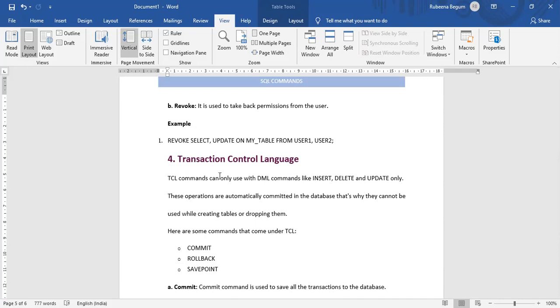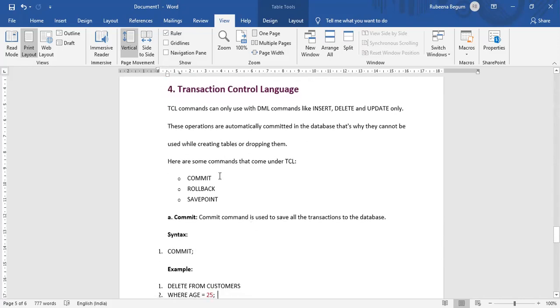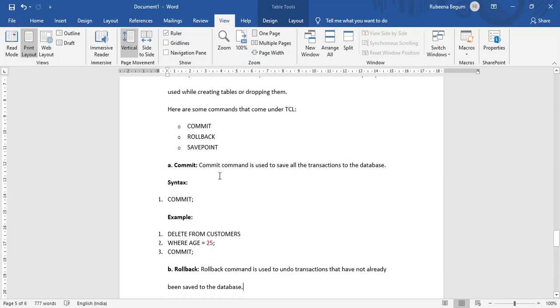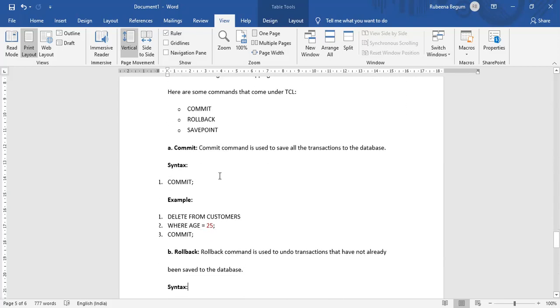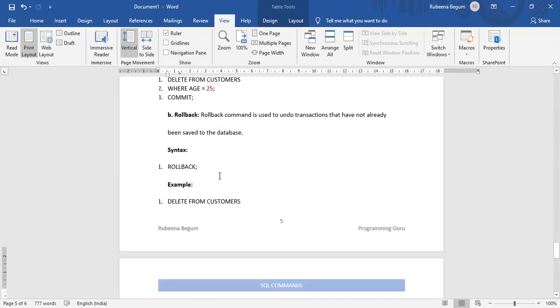So far in my execution, we have inserted, updated and deleted. If I want to save all those transactions, I can use the command commit. Just write a statement as commit and semicolon, that's it. It will be committed. Rollback means whatever you have done will be undone. All the transactions will be undone and it will not save your data.